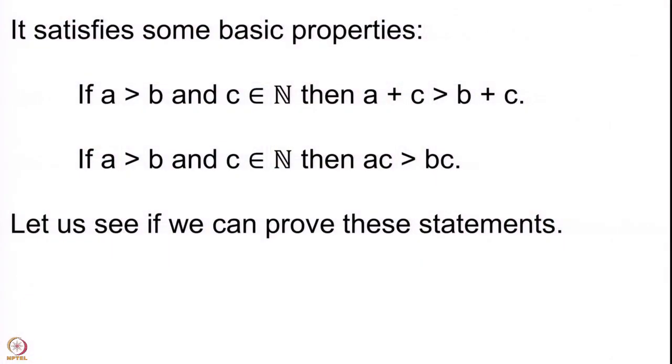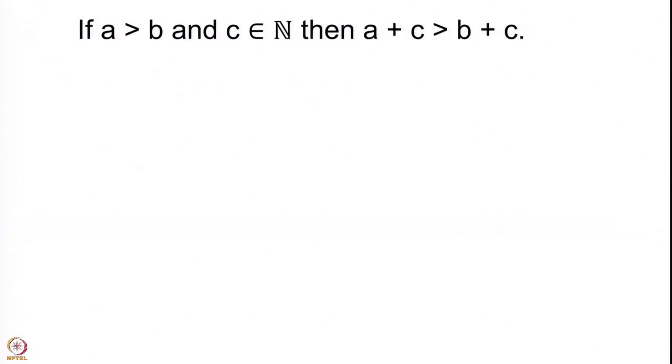So, what I will do is write the first property in the next slide and give you a minute to think about this. What I want you to do is to think about the definition of order that we have learnt until now, the properties of natural numbers that we have seen until now, and come up with a proof. The slide will be there in front of you for a minute. We will see a proof later, but perhaps your proof might be different. If it is different, please write to me and let me know your proof. So, we wait here for a minute.